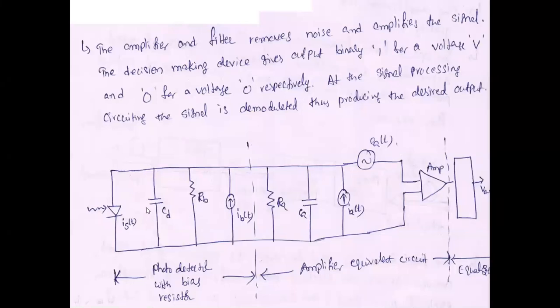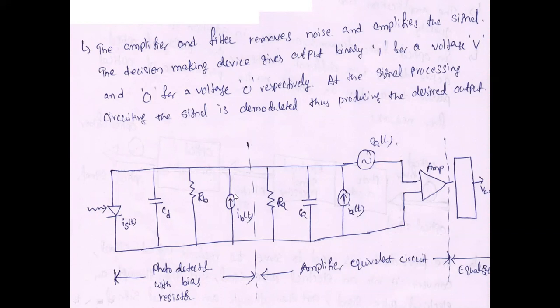What is meant by thermal noise? Thermal noise is nothing but, due to temperature changes, the working of the circuit also changes. Suppose we are taking a resistance of 1 kilo ohm, and we are giving input of 15 volts. For this 15 volts, 1 kilo ohm, there is no problem. It works properly. Suppose we are giving 25 volts to that resistor. It is unable to work, because the temperature inside the resistor increases. That's why we have to calculate the thermal noise of this. First part is IB of t.